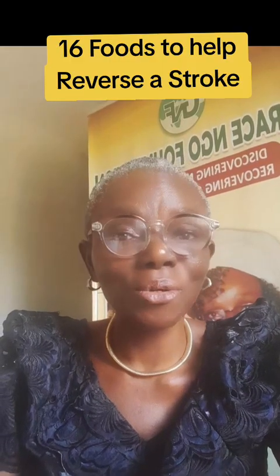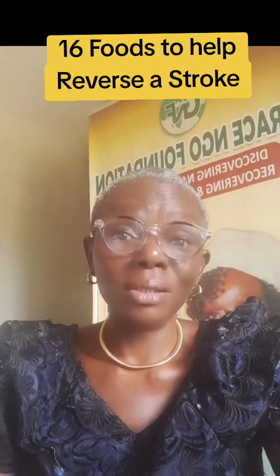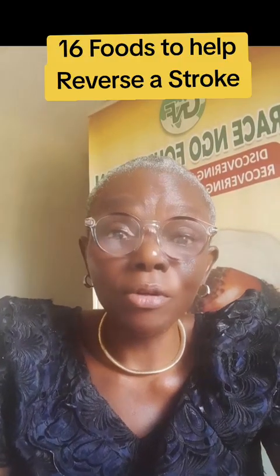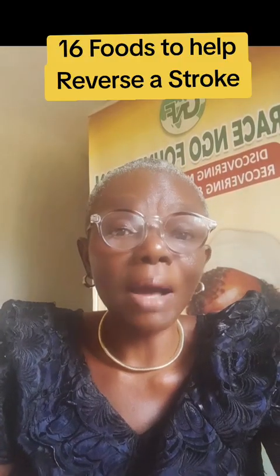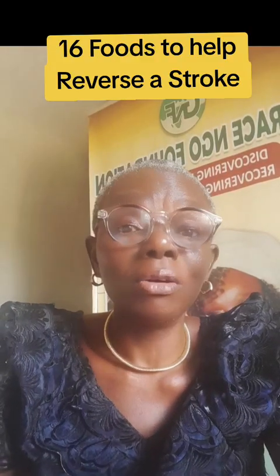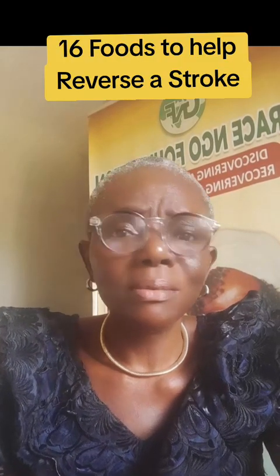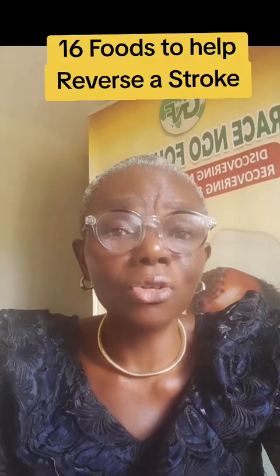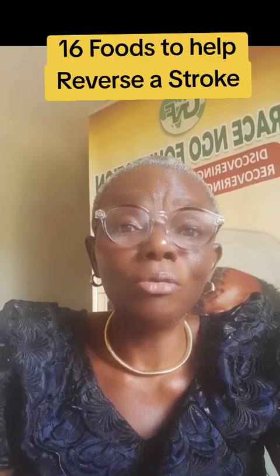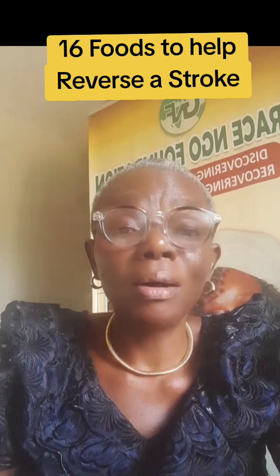And what exactly is a stroke? It's simply when there is a bursting of blood, either in the brain or in any part of the body, but mostly in the brain. It happens due to clogged arteries or the blood not flowing freely as it should, and then complications can occur, such as stroke. So those people who are managing high blood pressure, those who are managing diabetes, the elderly, the overweight